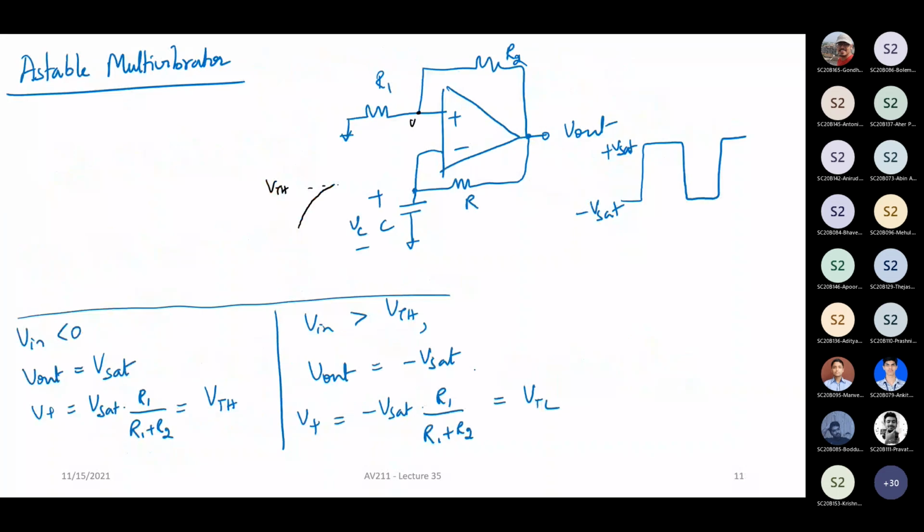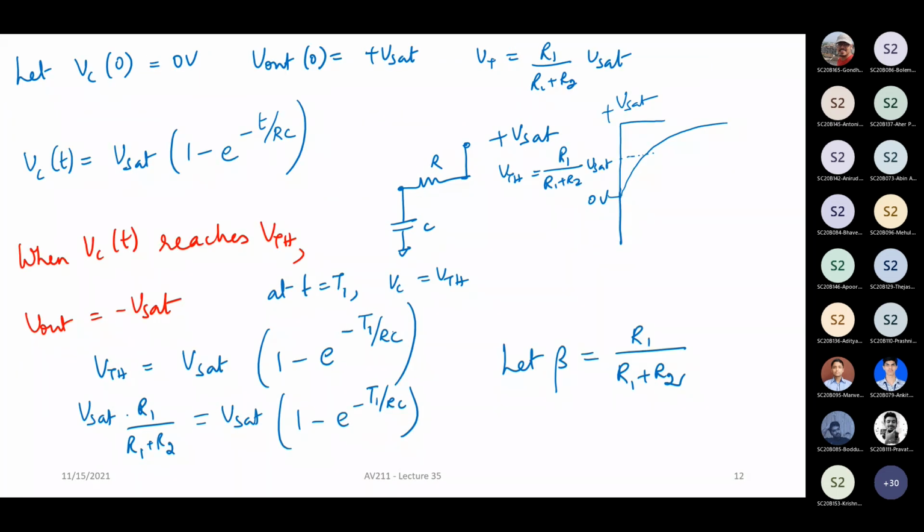But I hope you understood this concept. So you have an RC circuit. All you did was you took an inverting Schmitt trigger and you connected an RC circuit in its feedback path. All this RC circuit is doing is charging up and discharging down to whatever value you have, and automatically it becomes a square wave generator, where the output is going to switch between plus Vsat and minus Vsat. Okay, we will derive the time equation and other things in the next class.